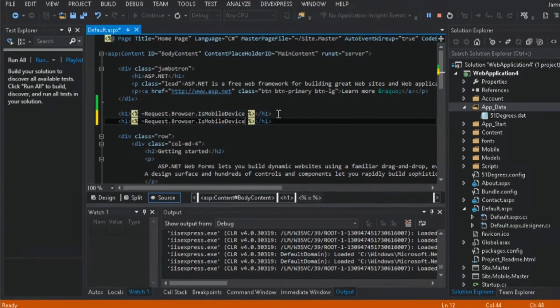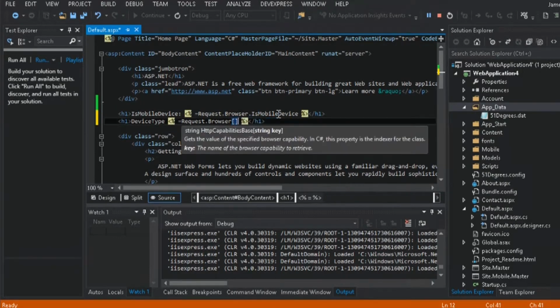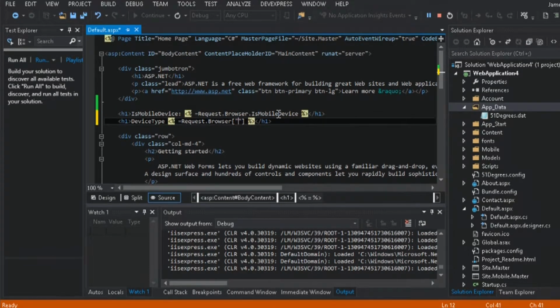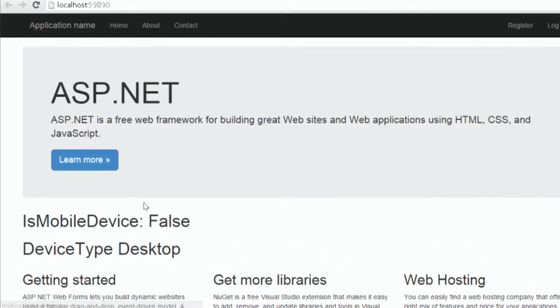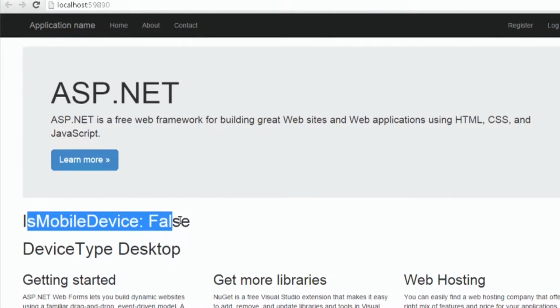Let me now put another heading in underneath that. So I've got IsMobileDevice. Now if I wanted to get device type, that is something that isn't supported by the Microsoft interface. Right, because there was only mobile back in .NET 2. Yeah. So if I make that change and come back and refresh that page. And also Dynamics clearly weren't either. I was thinking, oh, we'll cover Dynamics in a minute. So there we can see we've got mobile device false, and